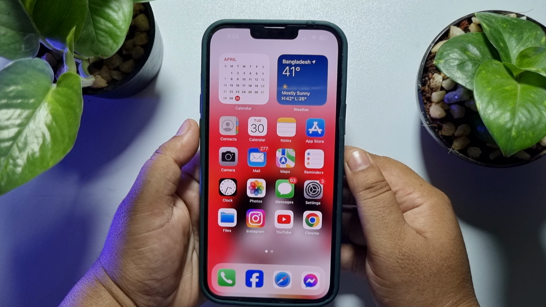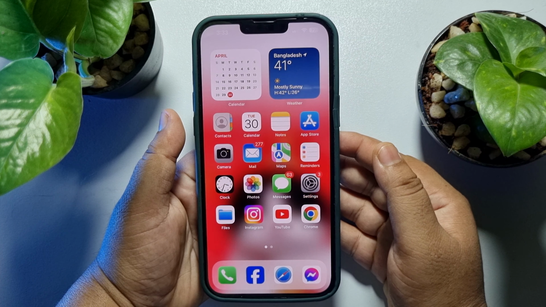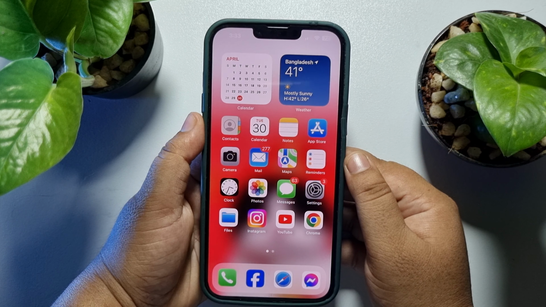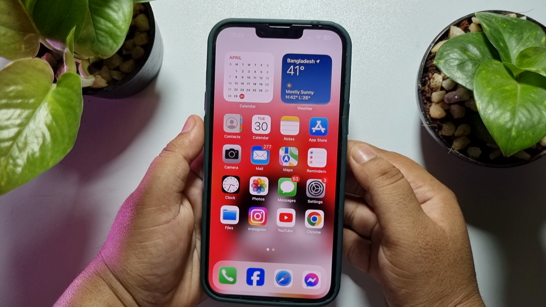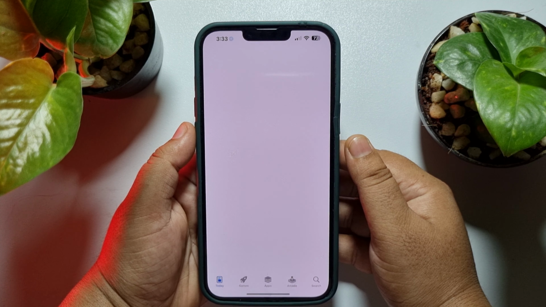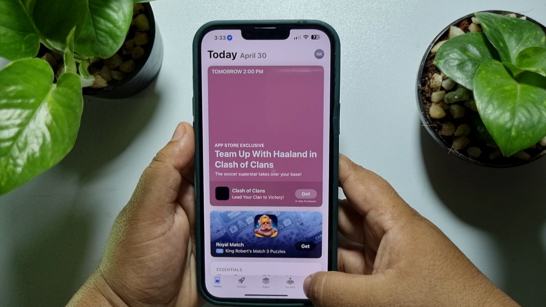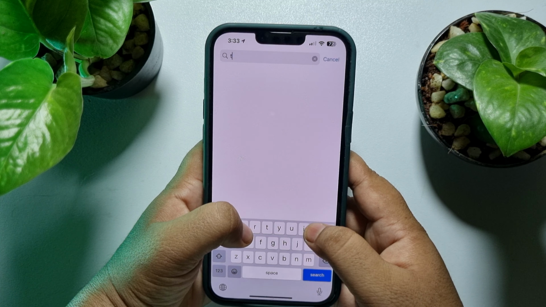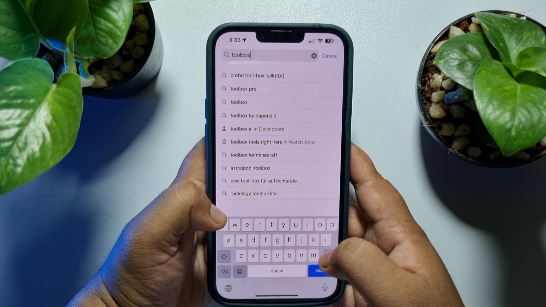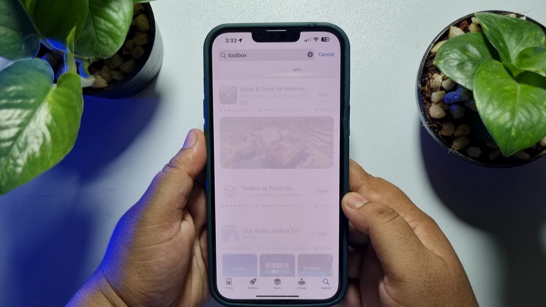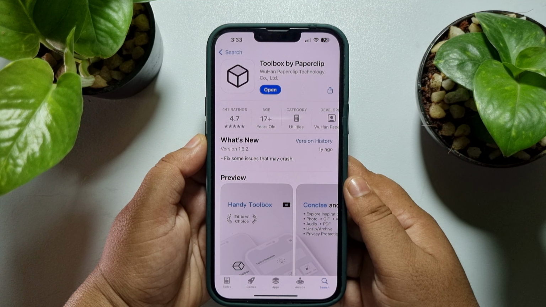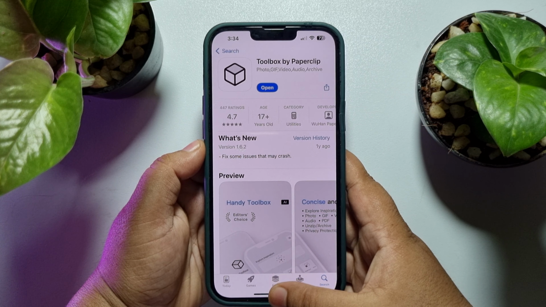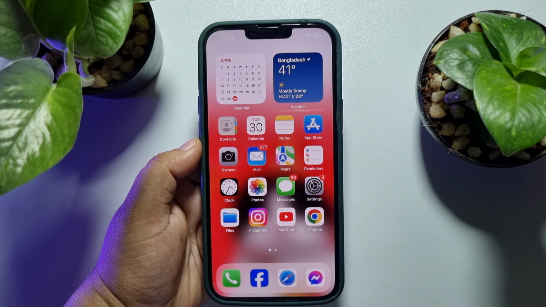So by default, on our iPhone there is no option to combine or merge audio files. So we have to use a third-party app. So go to your App Store and simply search for Toolbox. And this is the actual app we are going to use. So install this Toolbox app on your iPhone. Once it's installed, now